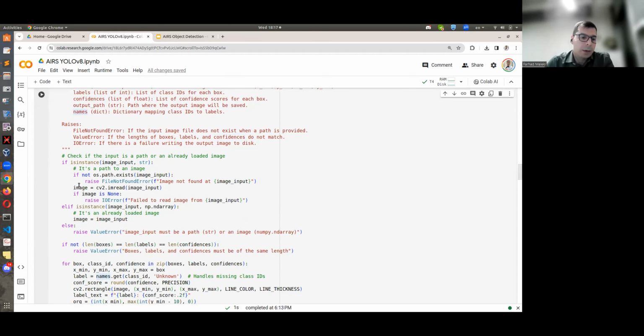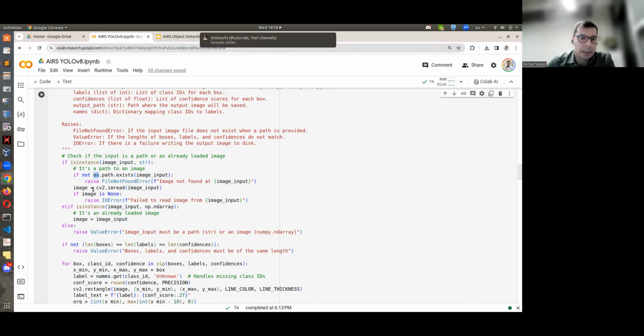So I go through some basic concepts. If this one is a string, in that case, I make sure that the path exists, and if it doesn't exist, it raises a file not found error. And I need to read the image.